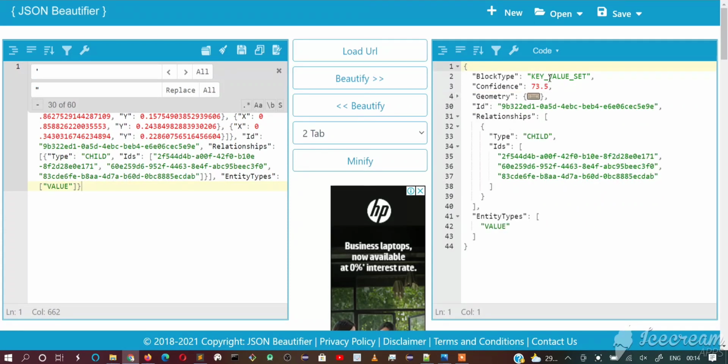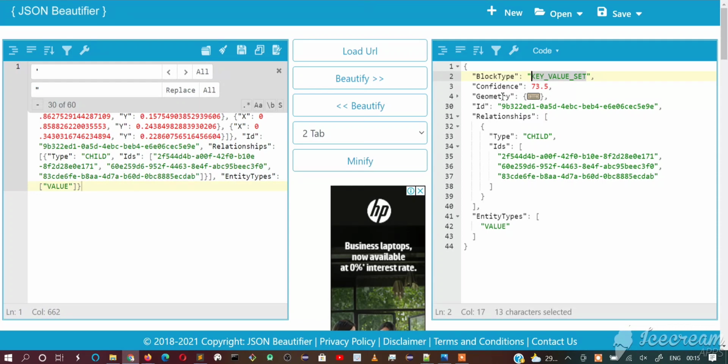And here it is a key value set block, and here we didn't have text. So for the line block we have a text, and for the word block we have a text because they are the leaf words. But for key value set, here we won't get text directly. We need to derive what is the key and what is the value with respect to that key.